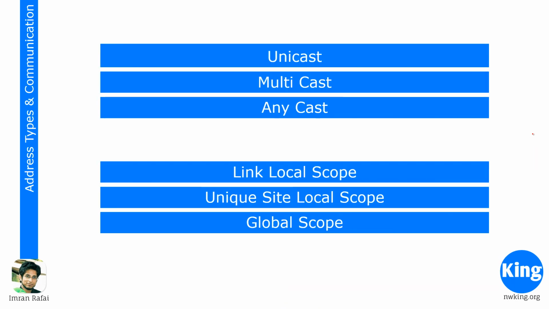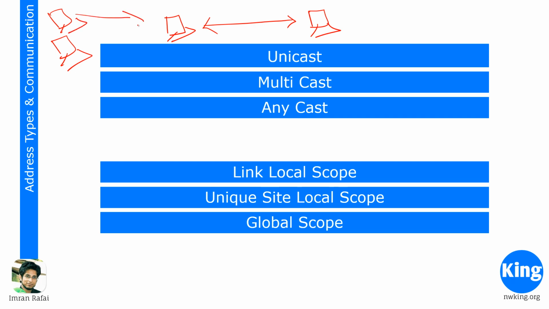Address types and communications. Now, we know what unicast is. Unicast is when one computer or one device communicates with another device one-on-one. What is multicast then? Multicast is when many devices at the same time communicate with one device. One device communicating with one device is unicast. One device communicating with multiple devices is multicast. Ideally, multicast is like a radio signal. A radio FM station at 92.1 is there everywhere. If you want to listen to that station, you tune your radio or your car stereo to that